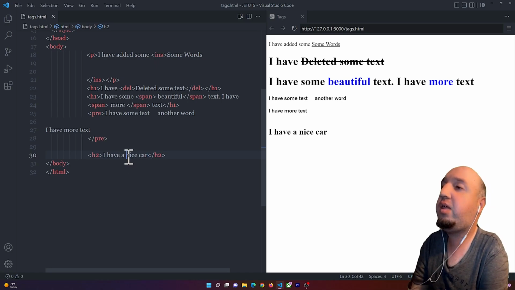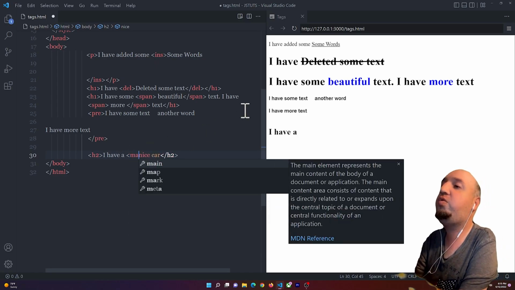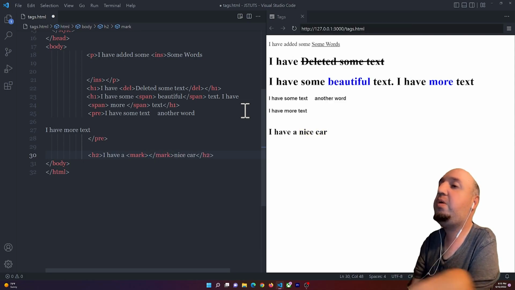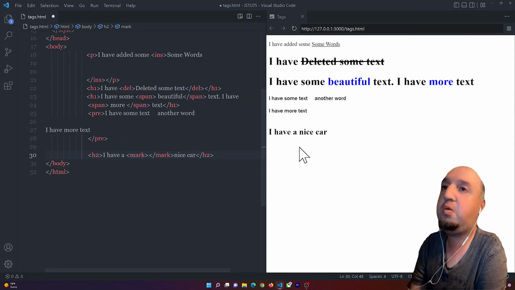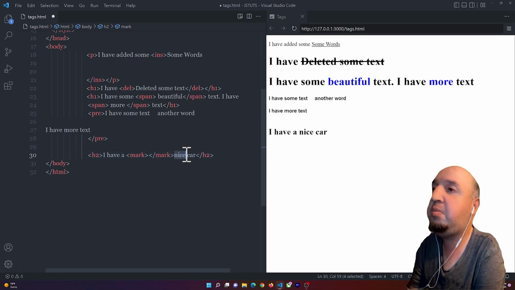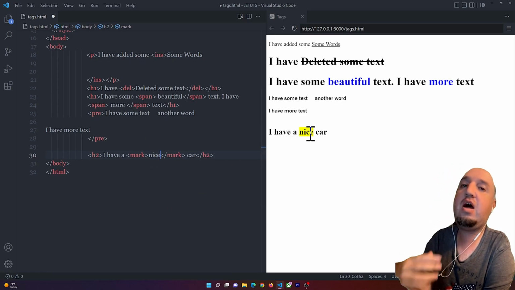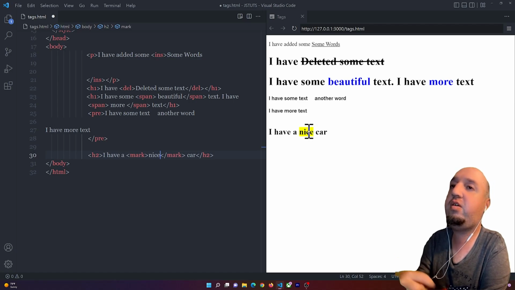So to do it, all you have to do is use the mark tag. All right, and whatever you place inside of the mark tag will be highlighted. So in this case, I'm going to move this nice word inside of the mark tag, and as you notice, it changed the color of it to this yellow color. All right,